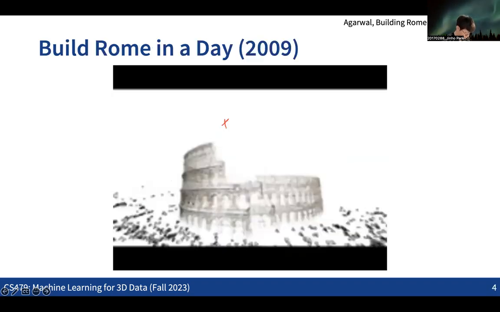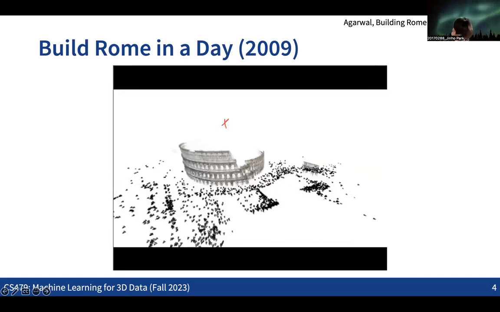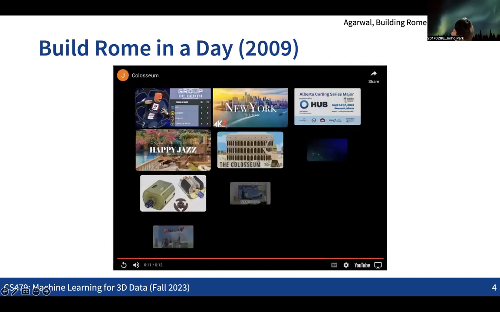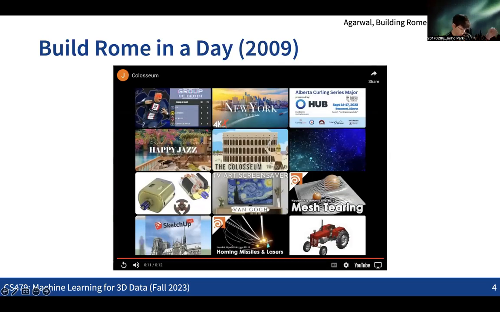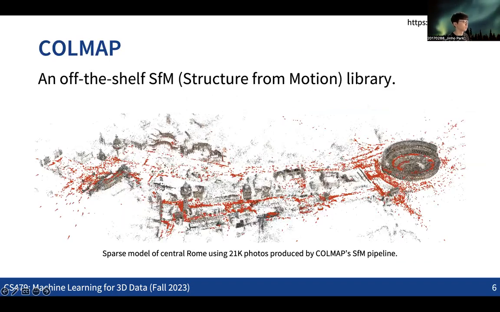So here you need to see what problem really needs the prediction power of the neural net, and what problem we can just directly calculate and estimate from the given input data. Even about 14 years ago, without a neural net, people could reconstruct the entire city of Rome with lots of images like this. This is not something where we really need a neural net. Without it, we can directly compute things like this.